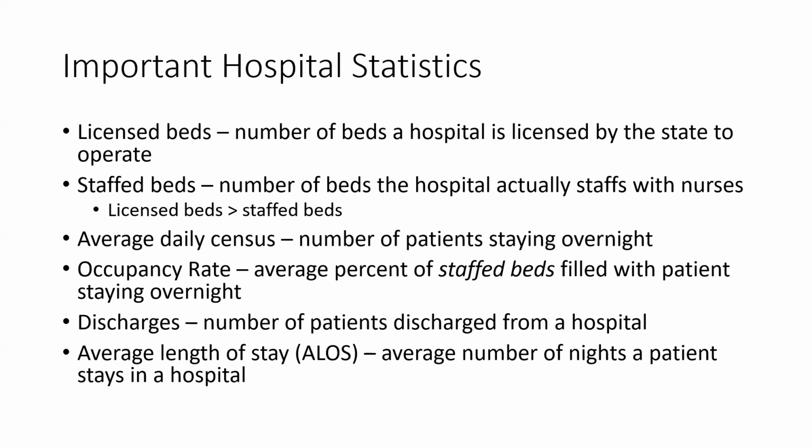The state gives the hospital permission, tells it you may operate no more than 350 beds, let's say. But at any given time, Catholic Medical Center, if I've got these numbers right, it may indeed have 350 licensed beds. It's only operating about 200 beds